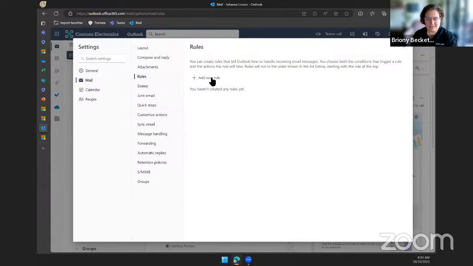So anything that I'm not in the To or CC box, I will put it in the folder called On Leave. So when I come back from leave, I can go through that folder and see what's happened while I've been away. But while I'm on leave, it's not making noise if I do happen to take 5 minutes and just check that there's nothing urgent. All I'm seeing in my inbox the day that I get back is the stuff that has been sent directly to me, which, personally, saves me a lot of headache when I come back,